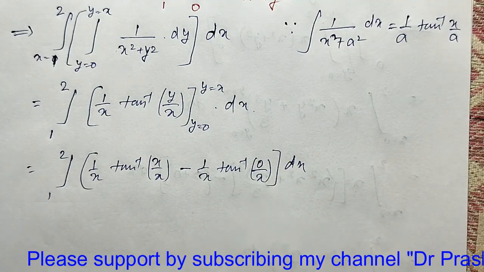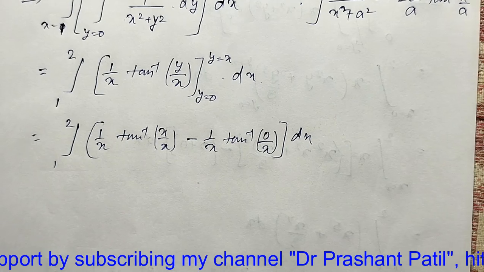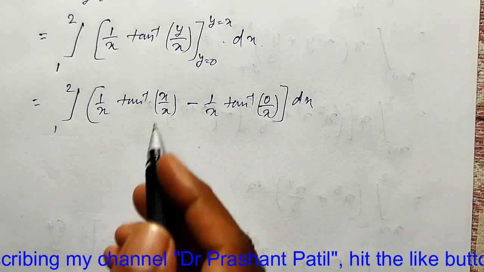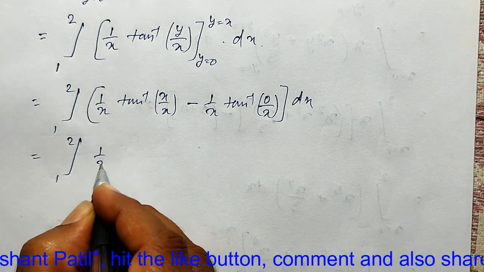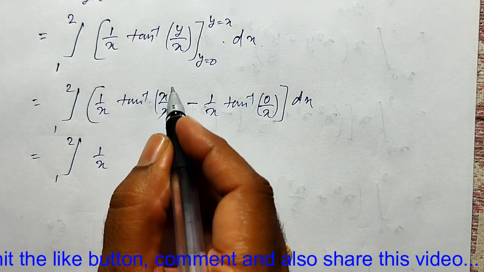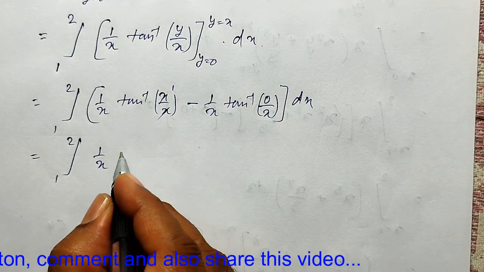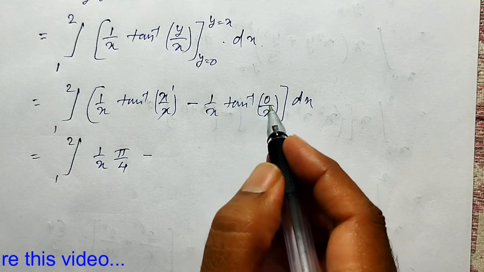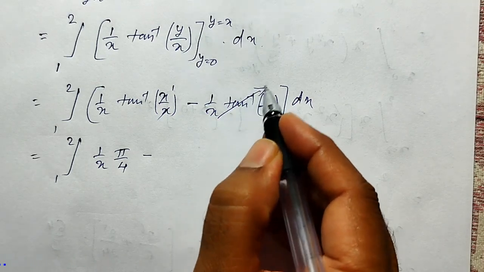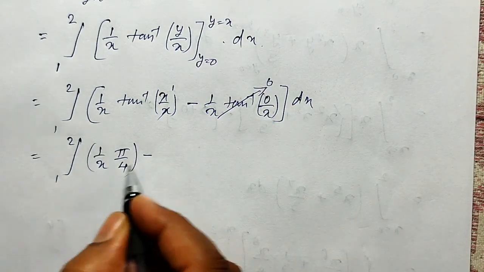It continues as it is because you have not yet integrated with respect to x. Now substitute: the integral from 1 to 2 of 1 by x into, x cancels, tan inverse of 1, which is nothing but pi by 4, minus tan inverse of 0, which is nothing but 0, into dx,